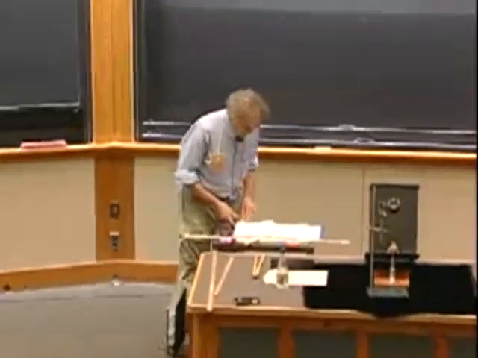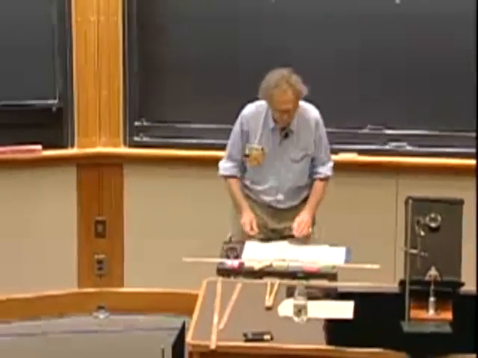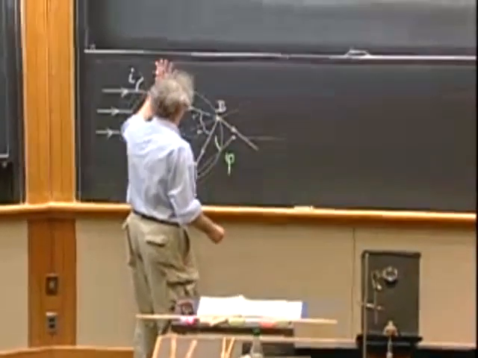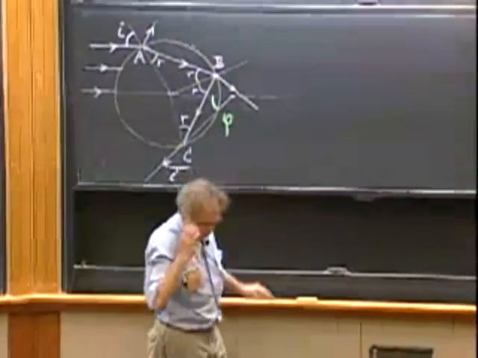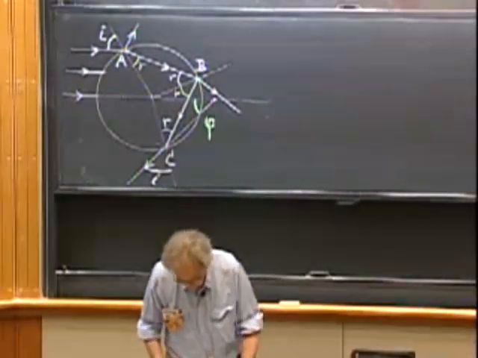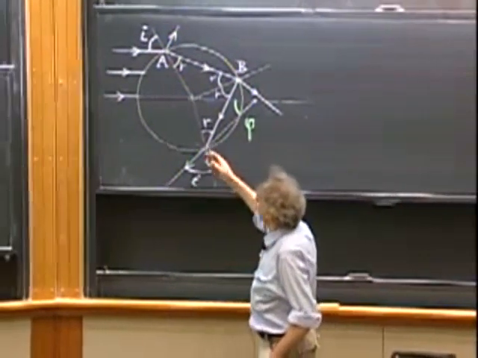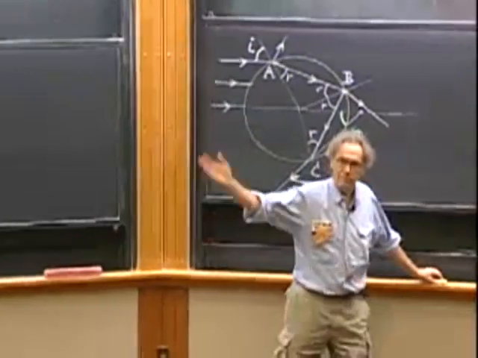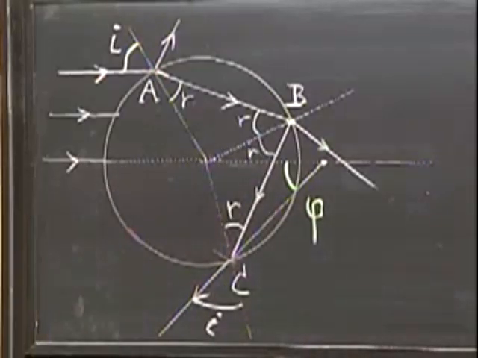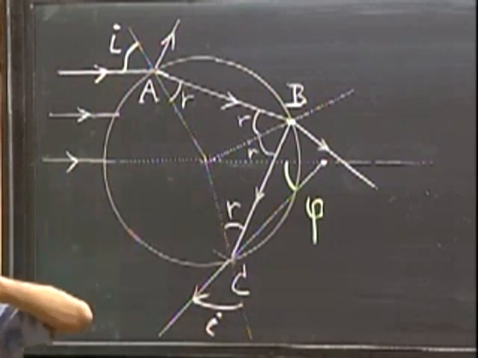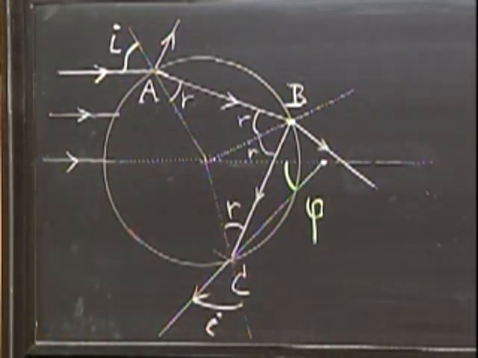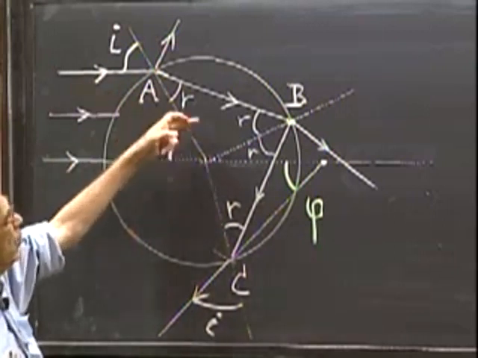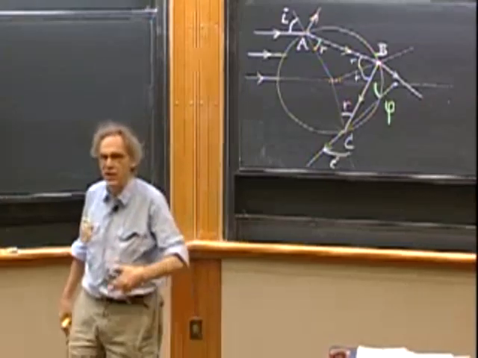All right, I'm going to make you see a rainbow the way you have never seen it before. Because most of you have never seen a rainbow. This is the picture that you also had on your problem set number 10. Light from the sun, in this case, comes straight from the left. We're going to give the sun an angle in the sky very shortly. We used to call this angle theta 1. I called it I now for today, angle of incidence. And I call this R when the light gets into the water drop. I call that the angle of refraction.